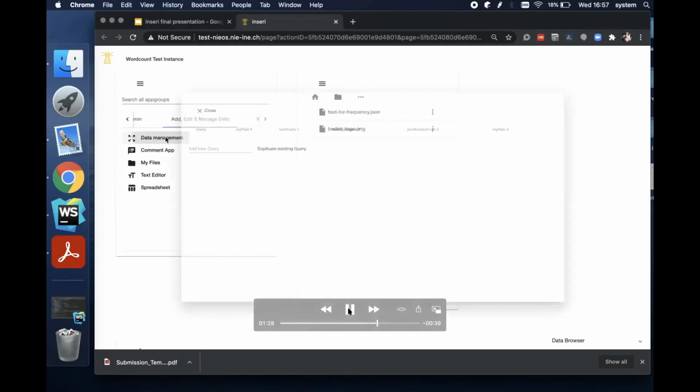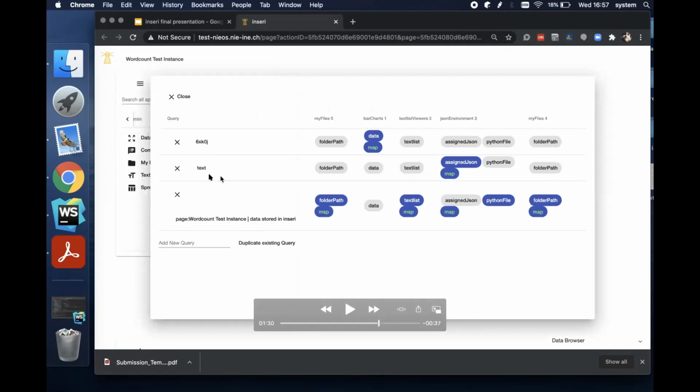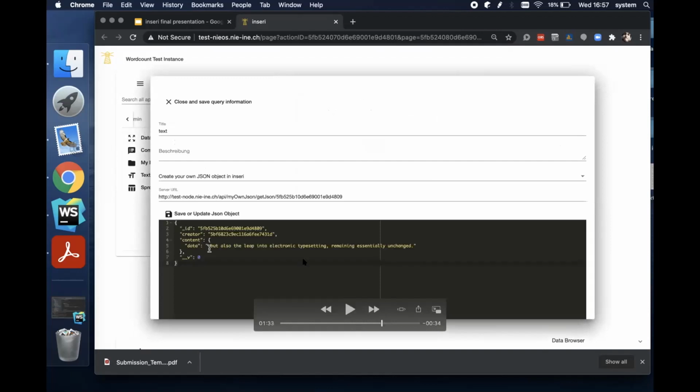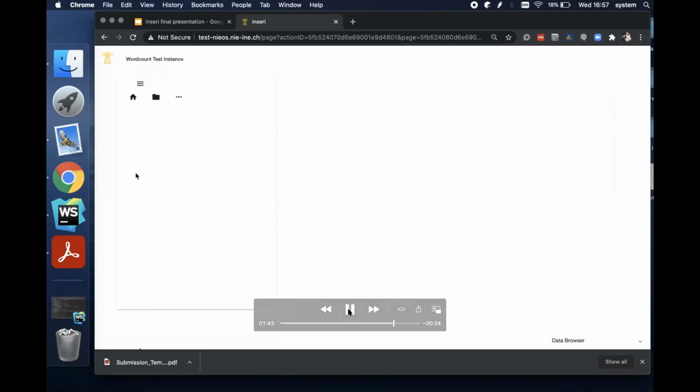right now. And you open the data management and you see lots of RESTful queries that I explain later on in detail. And you click on text and you see the input text that was used to generate the bar chart. And now you can just input your own text. You are a researcher now, and this data analytics is really interesting for you, and you don't know anything about Python maybe, but you just would like to include your own data to do the same thing that the person did who created this web application. So you save your own data, you close it, and now